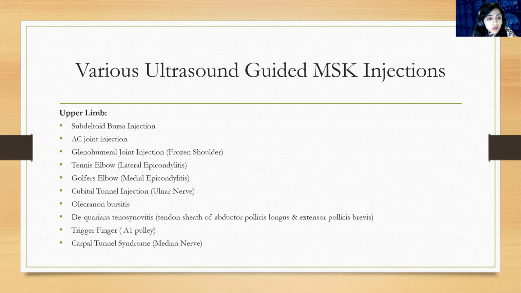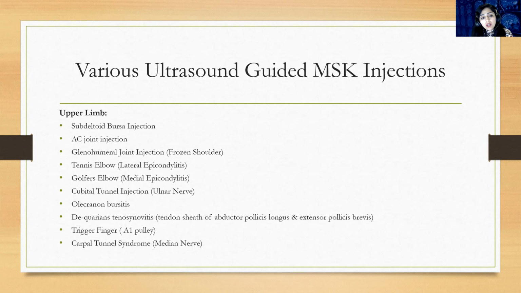Moving from the shoulder to the elbow, around the elbow, we do the tennis elbow, that is lateral epicondylitis. We actually give the injection just superficial to the common extensor tendon. The most important thing is that never inject into the tendon. We always inject on the tendon, even if the tendon is tendinotic. There is a study that even if you inject on the tendon, it will help improve the pain of the tendinosis as well. Then there is the golfer's elbow.